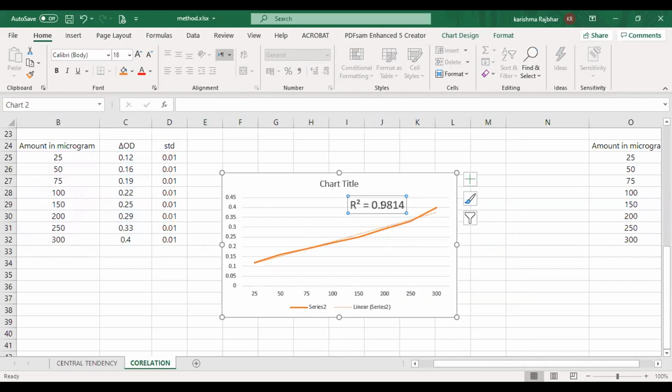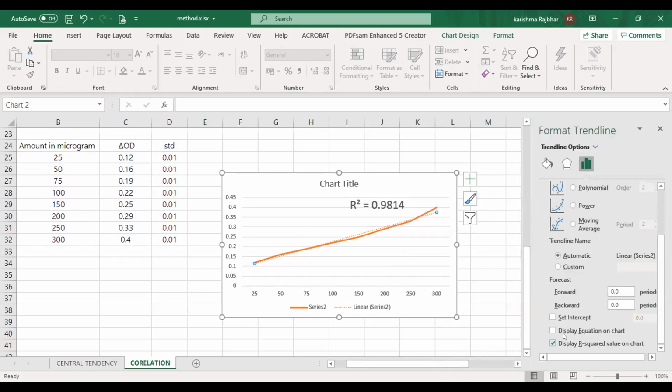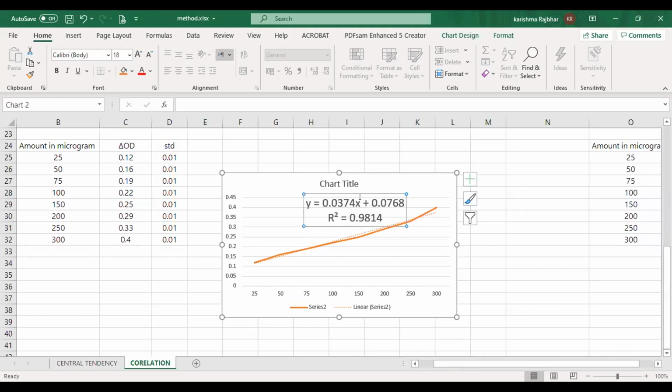Okay. And if I go for the slope, means if I want to find the regression, then I will do the same thing. Go to the trend line and linear. Above the R square, there is the option called display equation. I select that tab and now I have got my equation, the regression equation, where y is equal to mx plus c. Did you see, students? Is it easy and faster? Yes or no? Yes, ma'am.